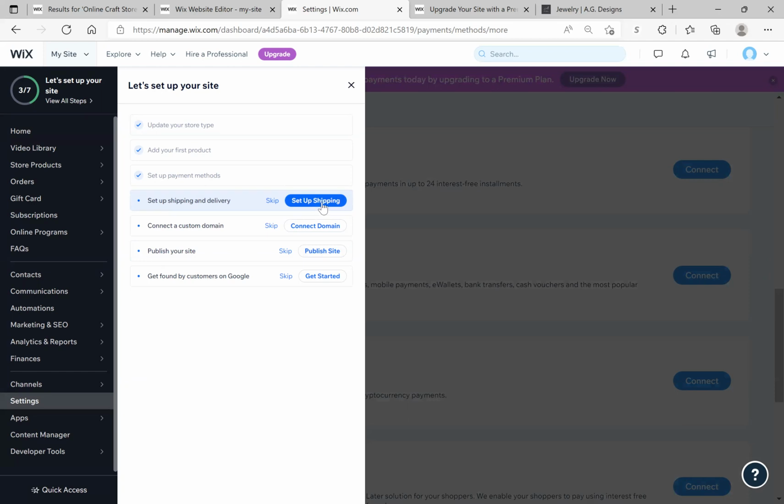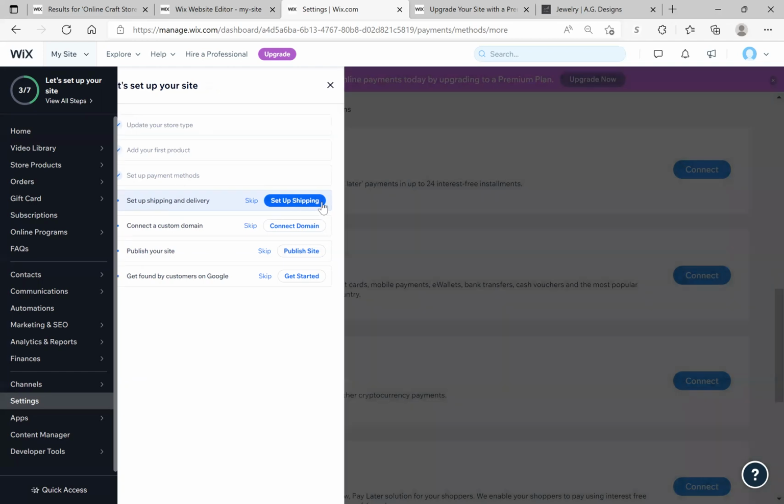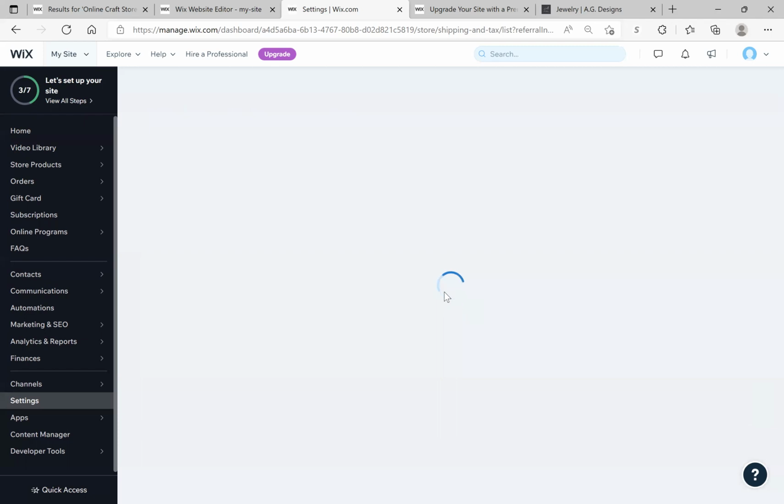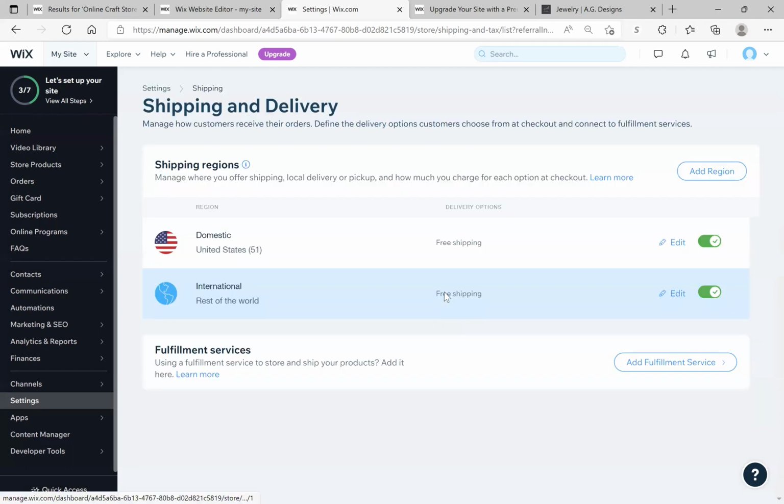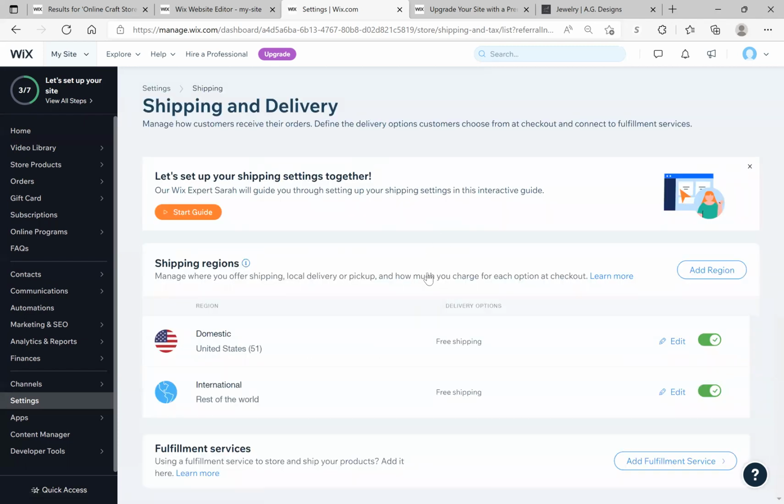Okay, so the next, you want to go through and set up your shipping. So for my shipping, I do have my domestic and I do have international turned on as well. And I have it listed in here where I wanted to use the Postal Service